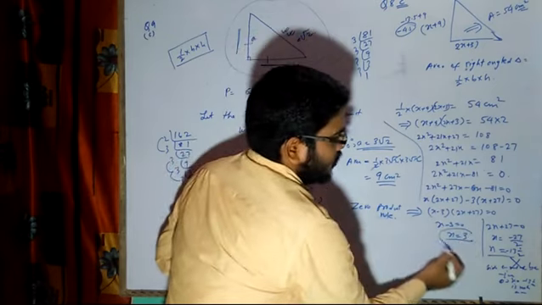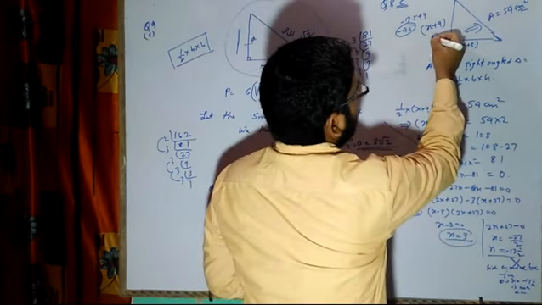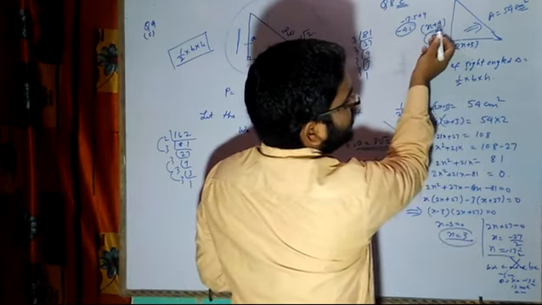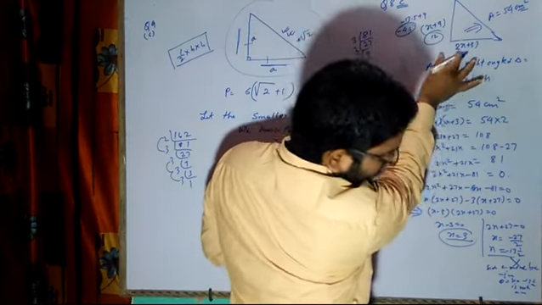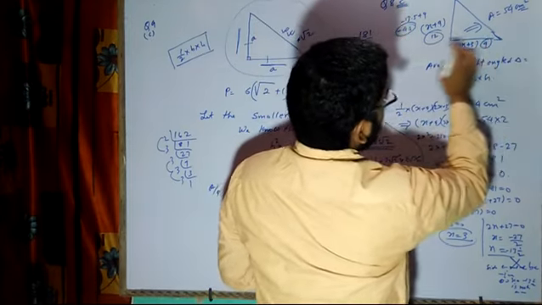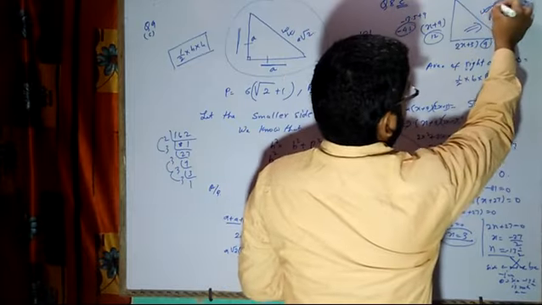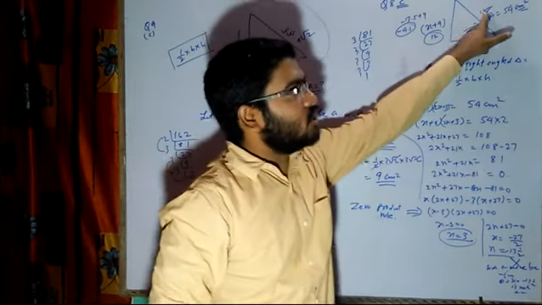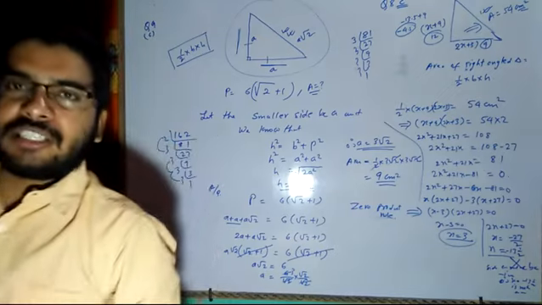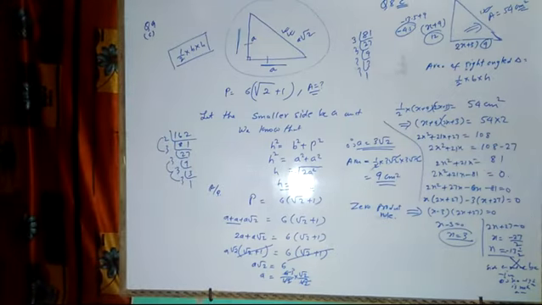So x = 3 is one of the sides. From here this side will be equal to 12, that is x plus 9, 3 plus 9 equals 12. So the sides are 12 and 9, and using the Pythagoras theorem you can find the third side, and then give the answer as the perimeter.